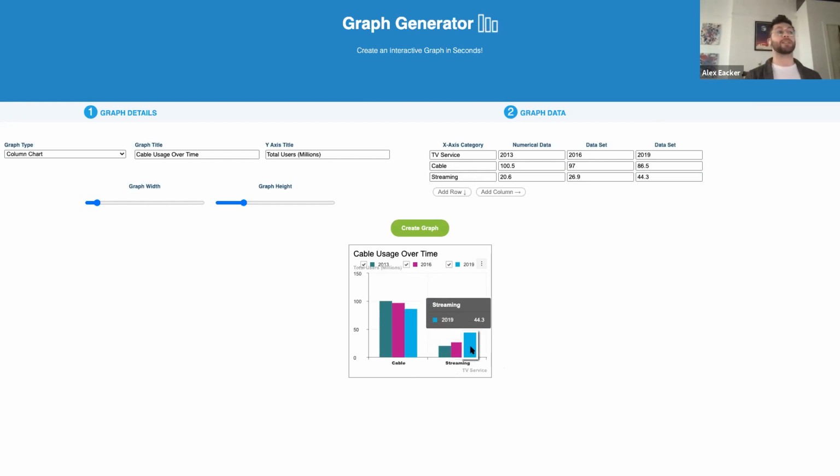So, right, this is doubling in size. And cable, although it's decreasing, it's not decreasing at the same rate that we might anticipate, right? So this could mean a couple of other things. It could mean that the people that have been using cable are still using cable for the most part, but the people that are streaming, right, this could be a whole new group